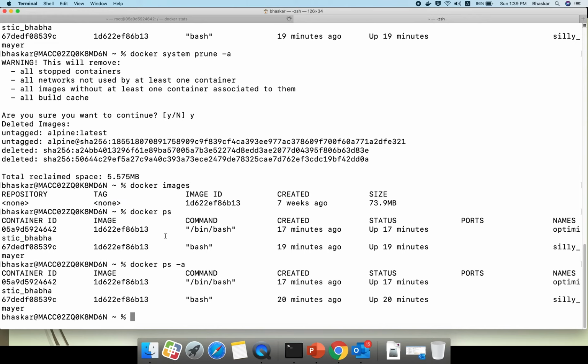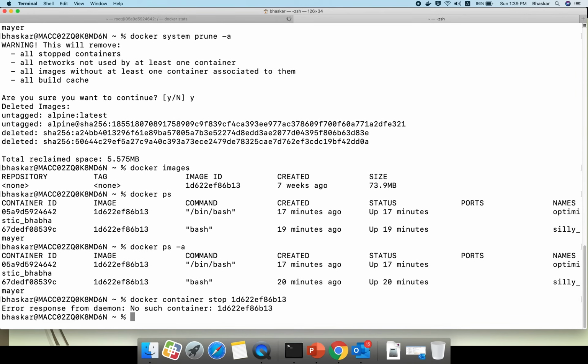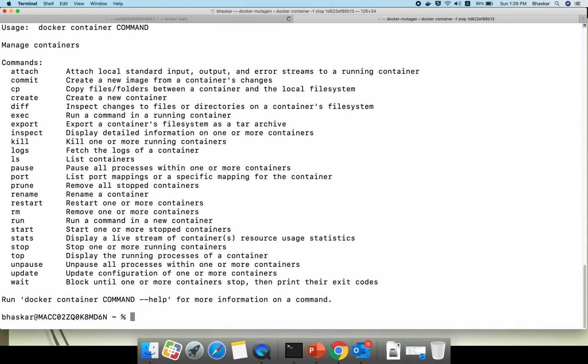Okay. And if you want to stop the container, how can you do it? I can do docker container stop and give this image id. It is saying it is not able to stop. -f.